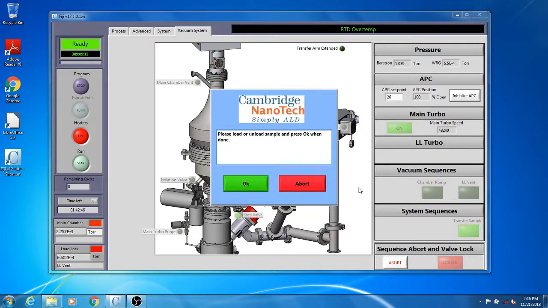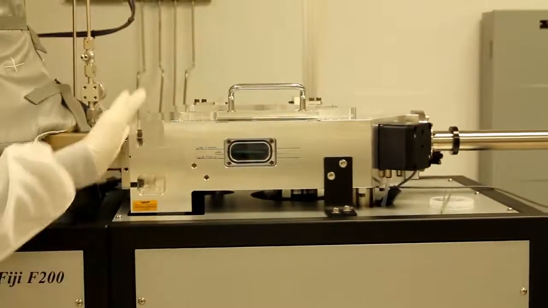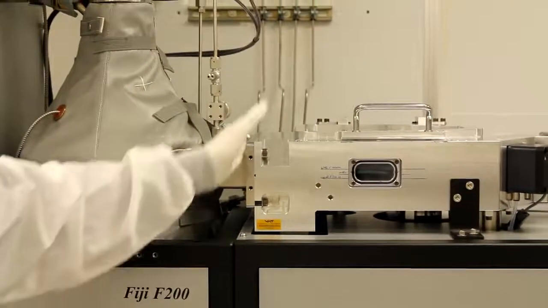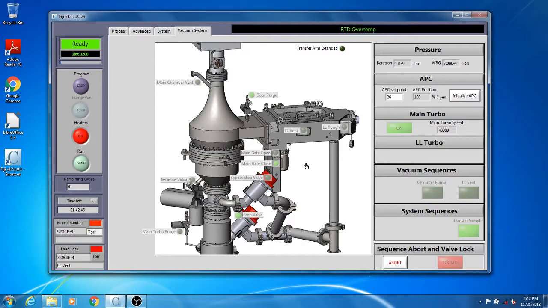Place the sample on the chuck and then transfer the sample into the main chamber. Press Transfer Sample and wait for the screen to pop up. Once the dialog, "Please load and unload the sample," comes up, do the loading process that's been shown before. After the sample is loaded to the main chamber and the load lock arm is back to its initial position shown in the video earlier, press OK. Now the gate valve between the main chamber and the load lock chamber is closed. Now we are ready for the deposition process.